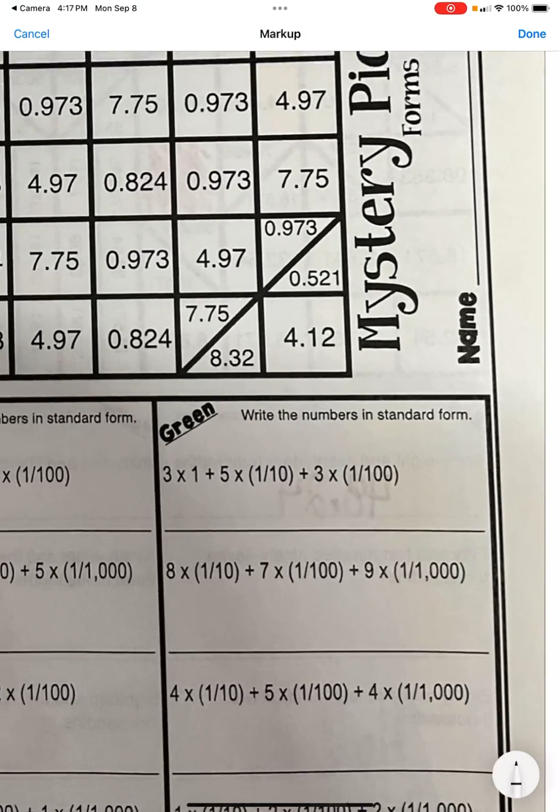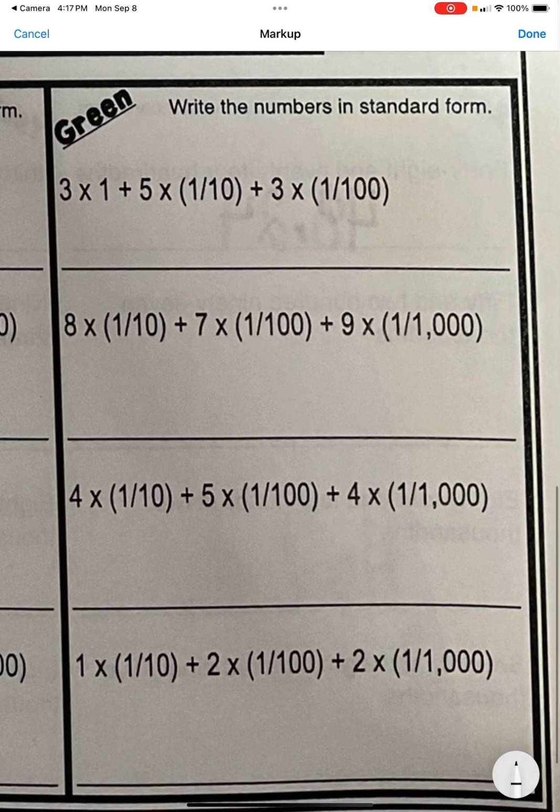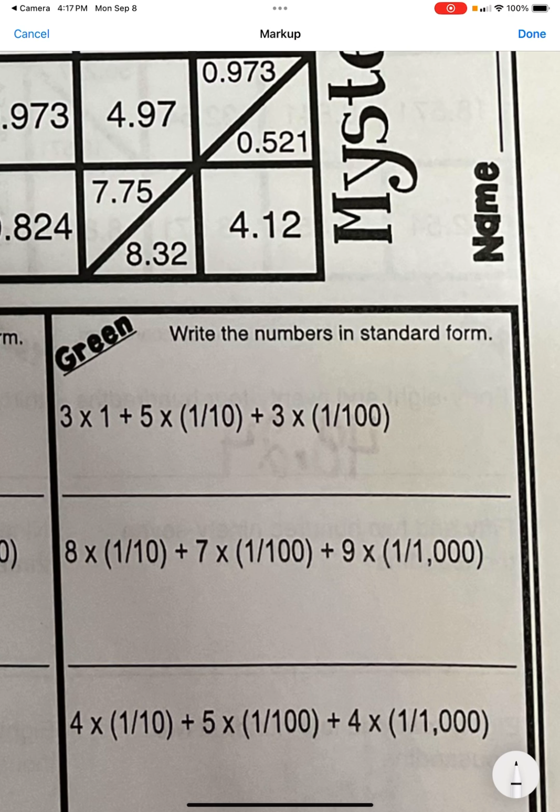So, here we have in the green, any answer in this particular section would be green. And the directions say write the numbers in standard form. Standard form, they know, is already the number form. So, what I've taught the students was when you are doing expanded form, the proper way to do it is